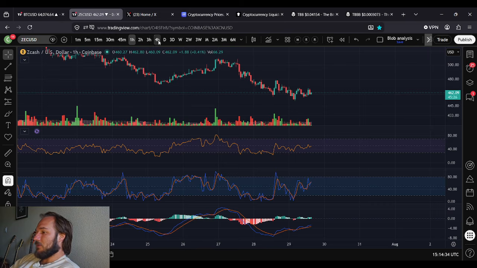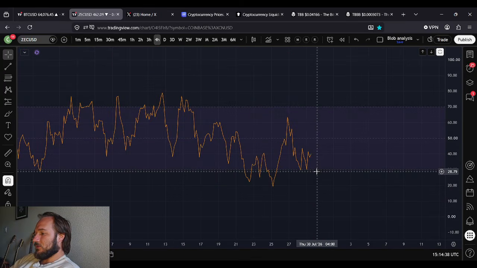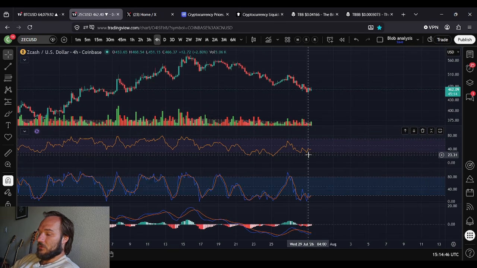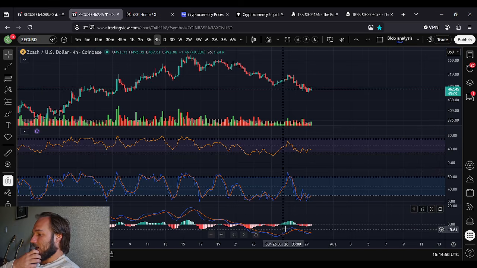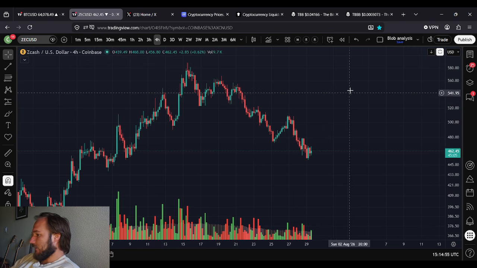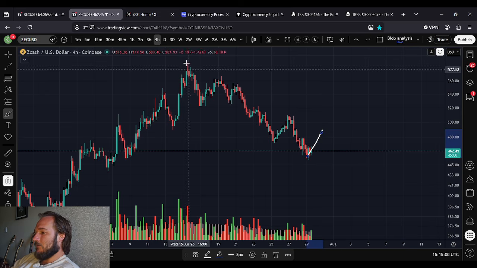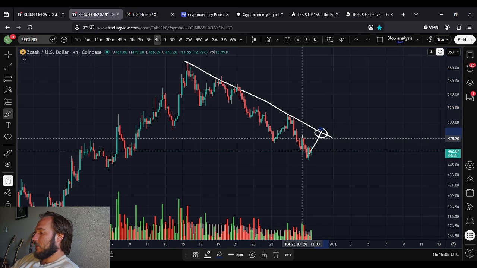Looking at the 1 hour time frame, definitely bullish. The 4 hour time frame here, you've had ample opportunity to get oversold. You were oversold before, no problem, and now you're having a problem getting oversold. That actually is a bullish signal, to be fair. A little bit more of a bullish signal than what we were seeing on the 1 hour time frame. Stochastics have been oversold. You're just chilling. MACD looks bearish to some degree, to be fair. But I could definitely see a little bit of a bounce here. And this bounce could take you, again, maybe not quite above 500 if we remain in this trajectory, maybe just below 500, but probably something above 475 if I had to guess.